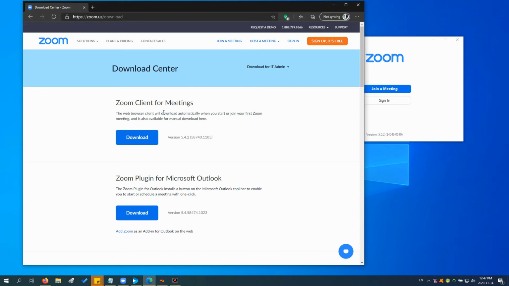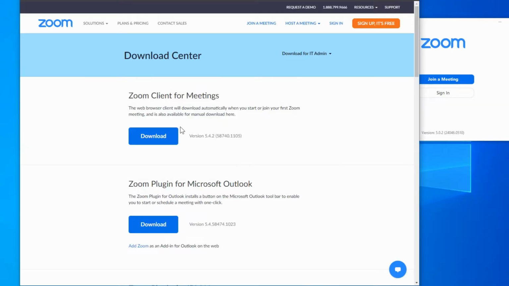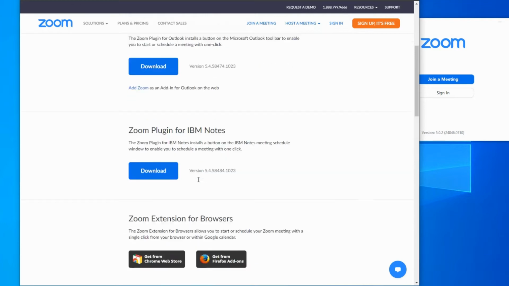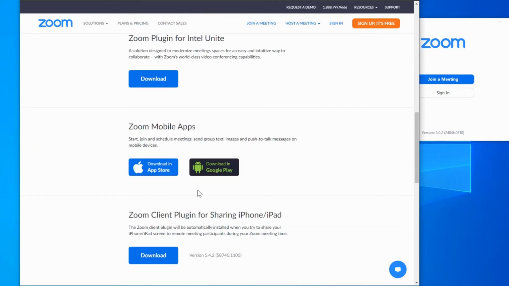Now on theirs, the first thing you're going to want is the first one, the Zoom client for meetings. There are other plugins and things you'll find in here, but these are all extra extensions and plugins for different programs that you may want.